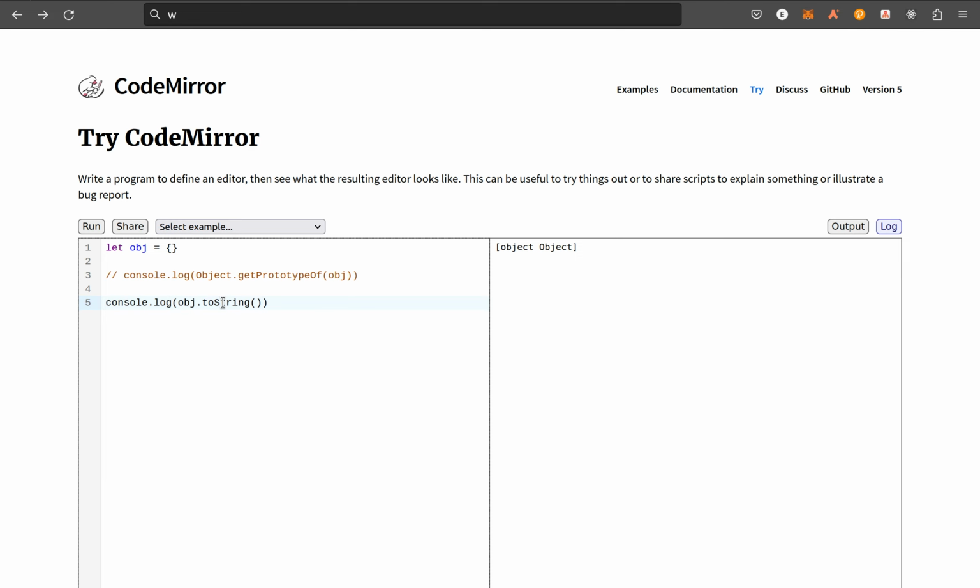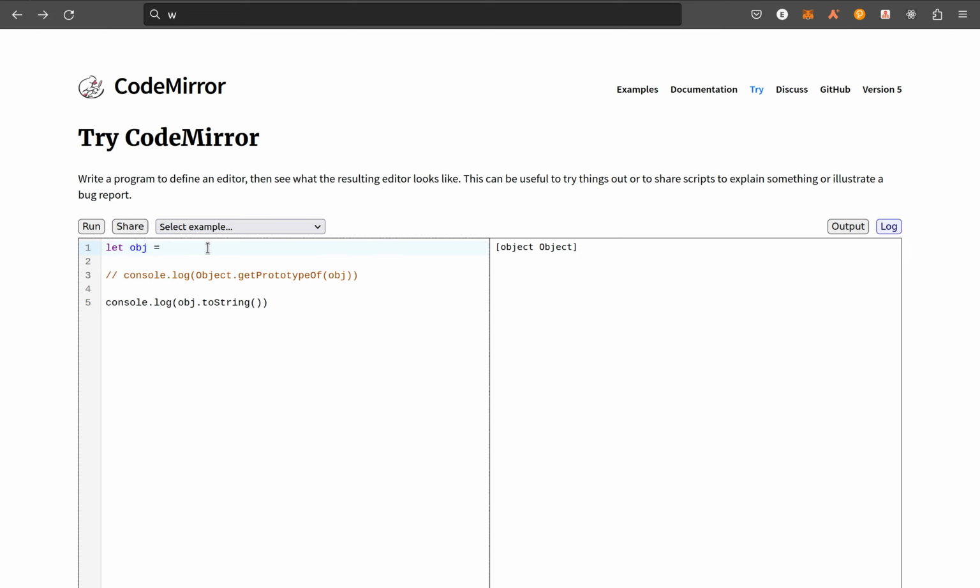What will happen is, like I said, JavaScript will go up to the prototype and look for that method, and if it exists it will call it, and that could be a bug for you because that was not what you intended to do, right? So to define an object that does not inherit from anything, that does not have a prototype basically,